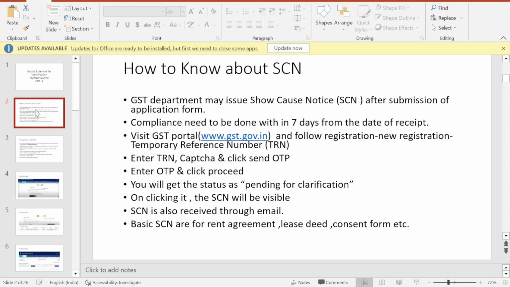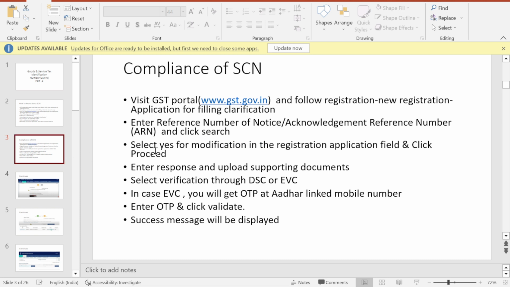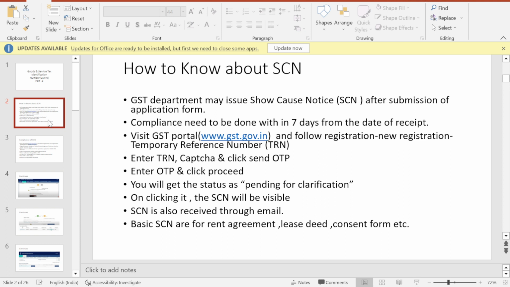You have to visit the GST portal by typing www.gst.gov.in, where you have to click registration, and on clicking registration you will see three options.